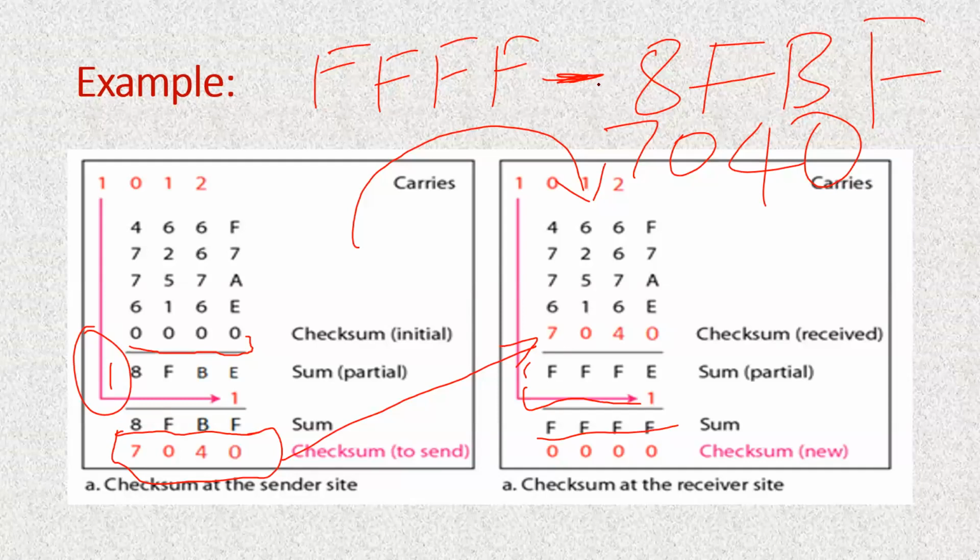Why FFFF is the question raised by Sahana. Because in hexadecimal, the maximum number is F. To calculate the 1's complement in any method, you should take the maximum number for every digit. So we are taking FFFF. F is the maximum number for hexadecimal. Here we are using 4 hexadecimal digits. You subtract the number from the maximum number, FFFF.